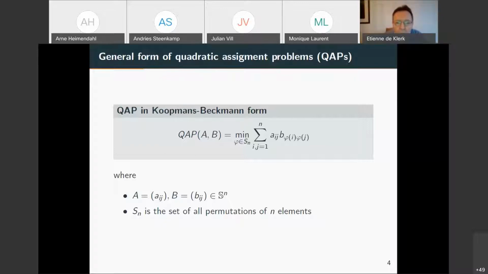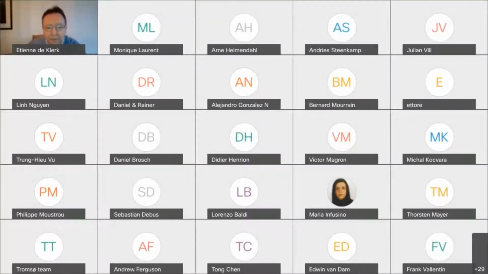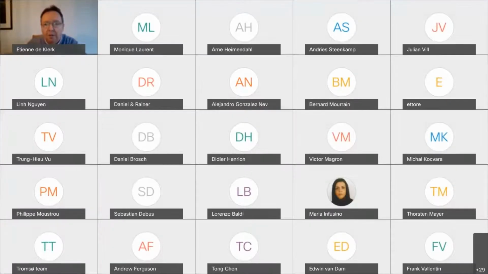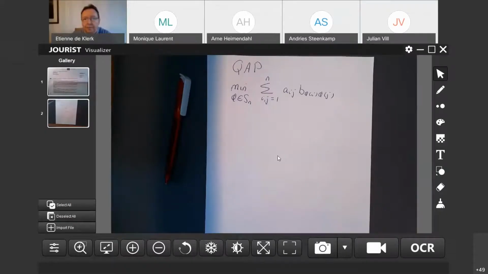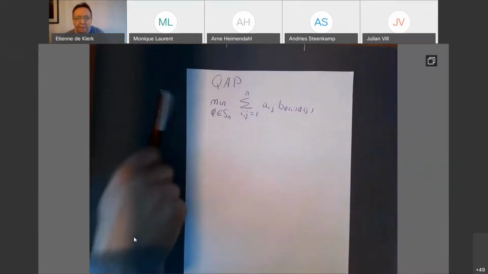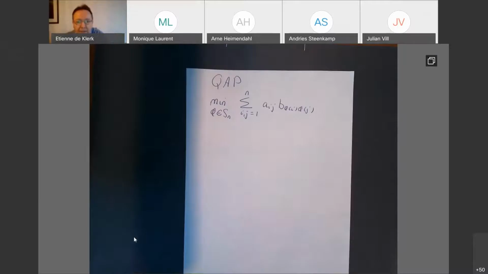Okay, so what does the typical convex relaxation of such a problem look like? Well, before I do that, I would maybe like to rewrite the quadratic assignment problem a little bit on paper. So, I'll just share my camera with you. Okay, so now this is the quadratic assignment problem that we just had on the slide, but